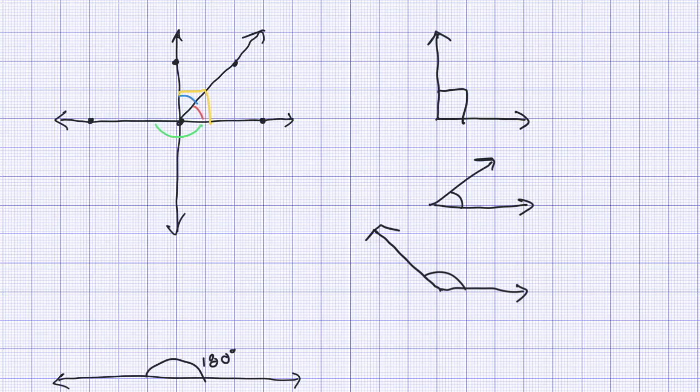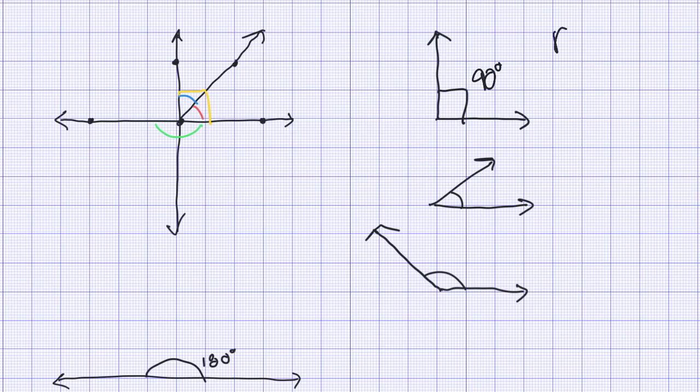Let's talk about angles. I'm going to give you some terms that I want you to remember, and we're going to look at the different types of angles. We've talked a little bit about this, so it should not be completely new to you. For instance, if we're looking at this first one on the upper right, you're going to see that this little square indicates that it is a 90-degree angle. So if I write in 90 over here,